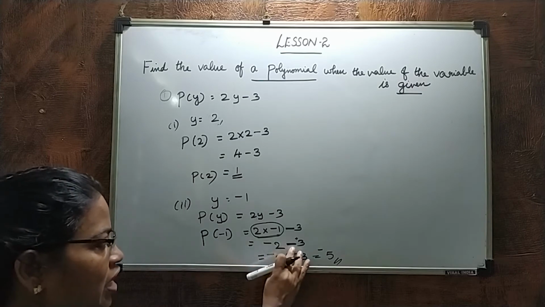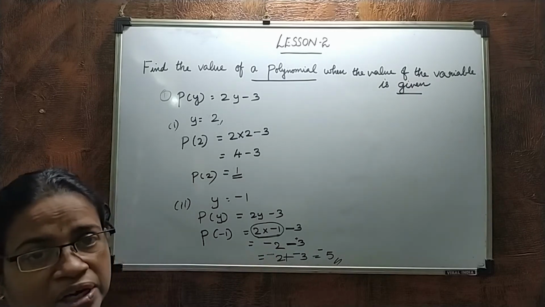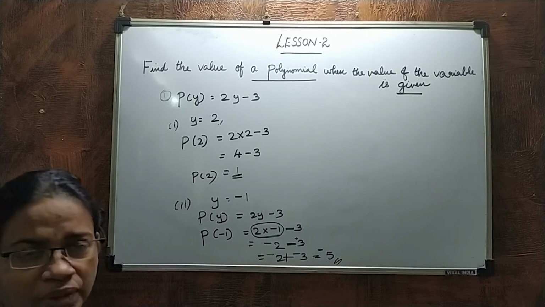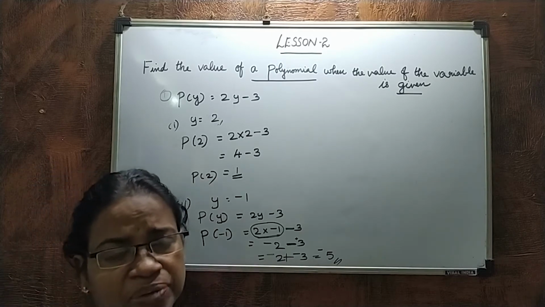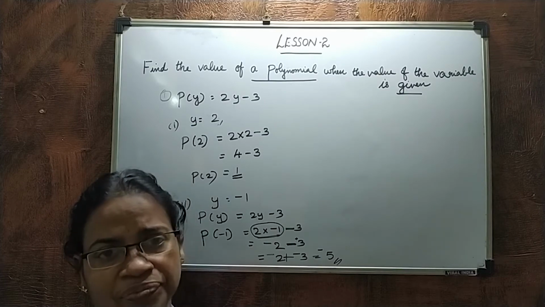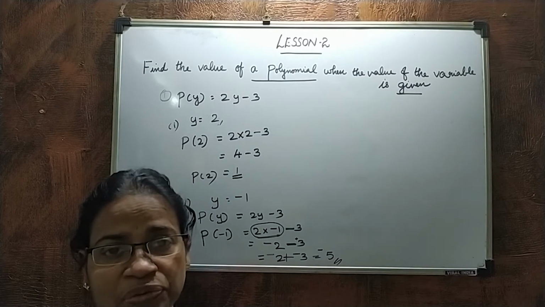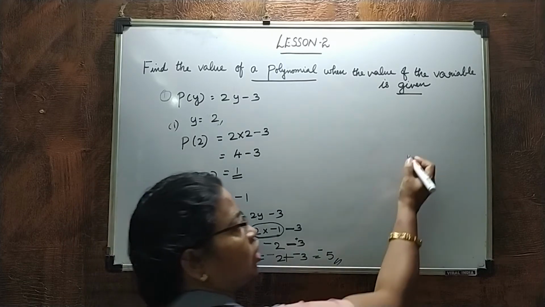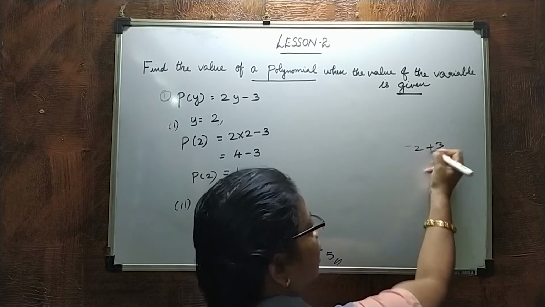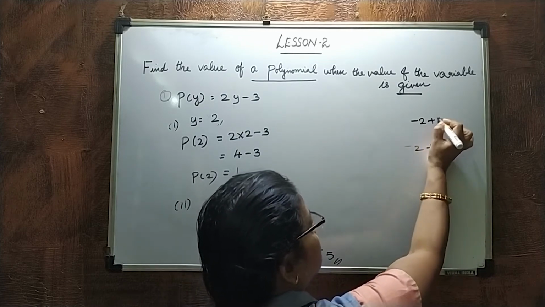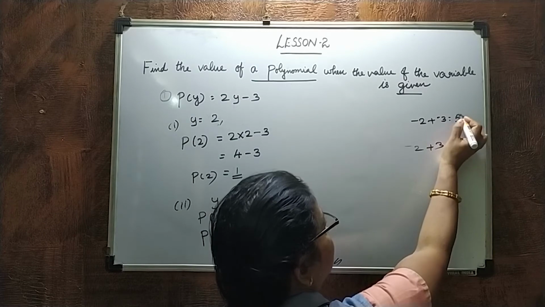Here when subtraction comes, you have to remember the rule. What are the rules you have to remember? Addition between two numbers. 2 plus 3, you will get the answer 5. Negative 2 plus negative 3 is negative 5. Right? What about negative 2 plus 3? How will you find out? So, the first one I told you: negative 2 plus negative 3, you will get negative 5.